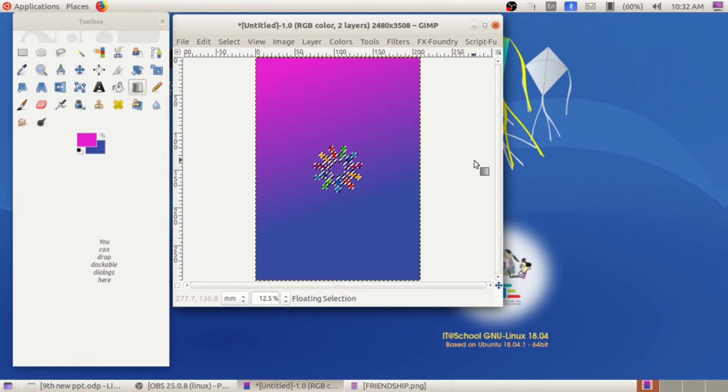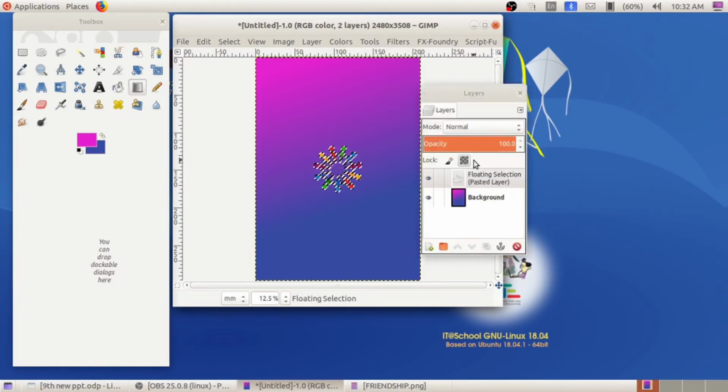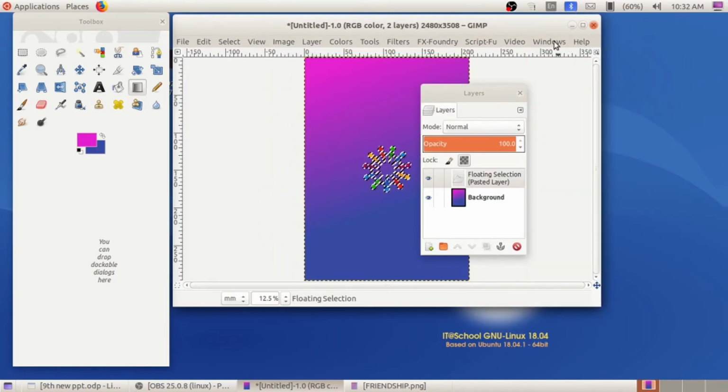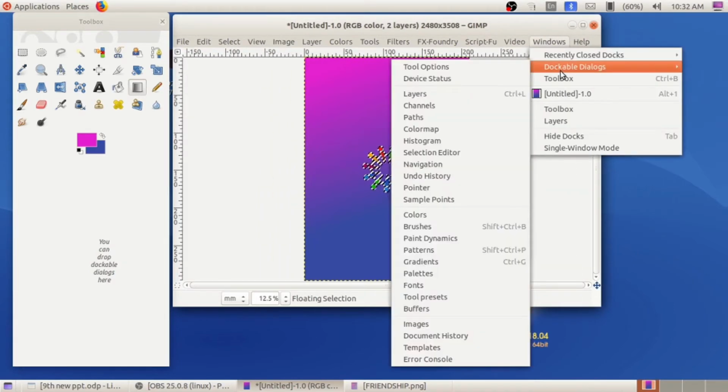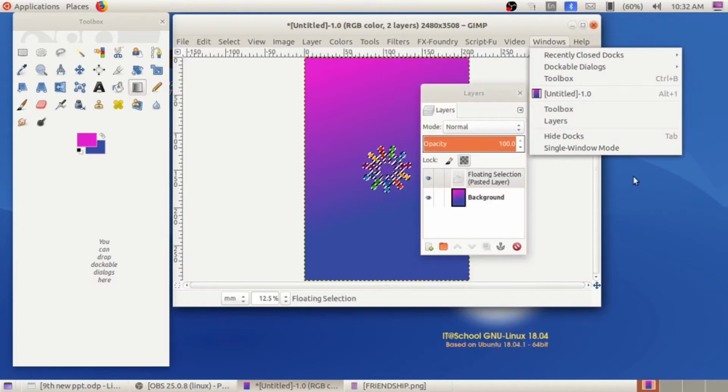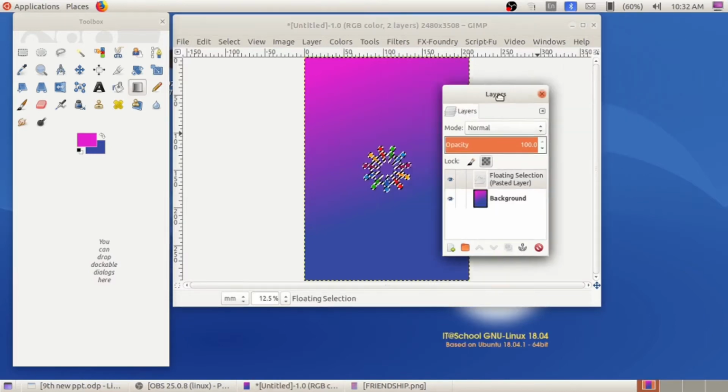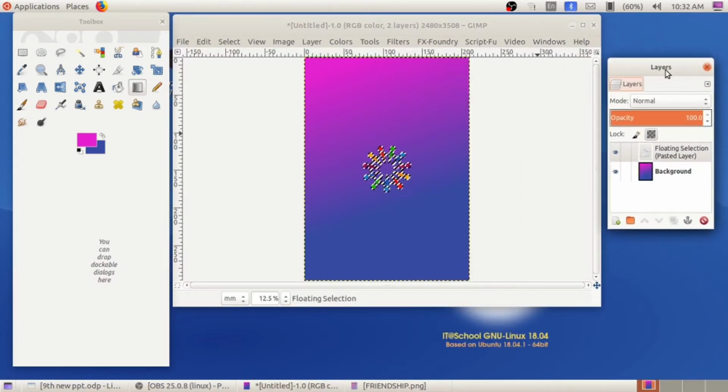So either you can use the layer option or just do it as one image. So how to open layer palette? Control L, or here you can see Windows option, Windows, Dockable Dialogs, Layers, or Control L. Just place this layer palette here.